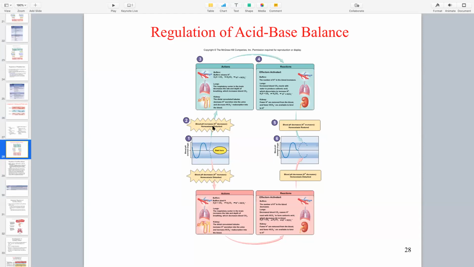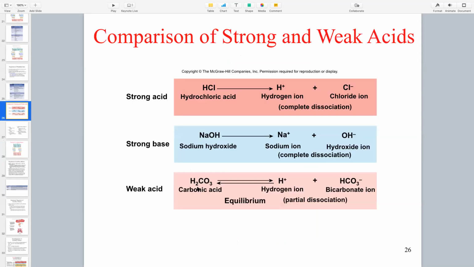Retaining the hydrogen means you are able to increase the hydrogen concentration. Again, the problem is you're alkalotic, you're too basic. We want to become more acidic as a response. So by reabsorbing the hydrogen in our kidneys, we make sure that our blood pH doesn't elevate too much. It can decrease it. The second thing that happens is in the lungs. It's pretty interesting. Remember, if you look at this buffer system, in order to make this,